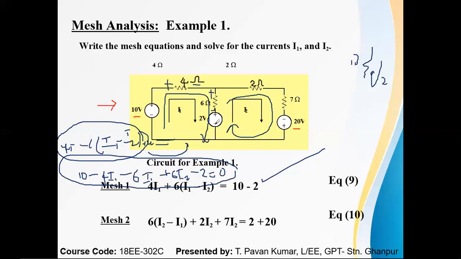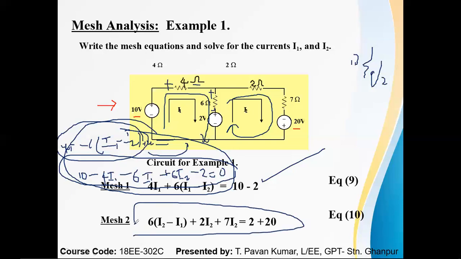The same thing, you need to write for the loop equation of mesh 2. Here also there is the addition of this battery, because this leaving sign is positive, and for the leaving sign this is also positive, then you can write this directly as 22, and 6 is common to these two branches, hence I2 will come first and I1 will be secondary with minus, then this is 2I2 and 7I2. So instead of writing these two steps, you can write directly.